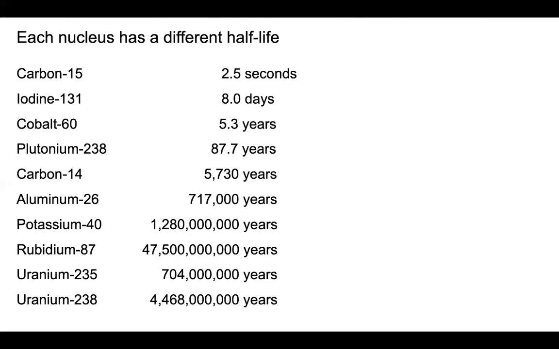So we can measure this for a variety of different nuclei, and the answer varies, but it's always characteristic of the nucleus. Different isotopes of, say, uranium have different half-lives. Different isotopes of carbon have different half-lives. But this is, again, a quantity that seems to just be set by the configuration of protons and neutrons in the nucleus.